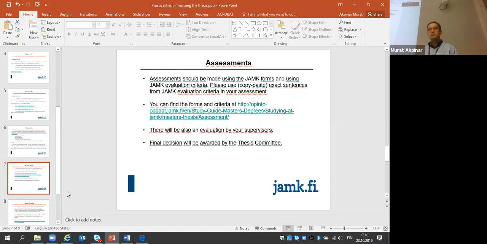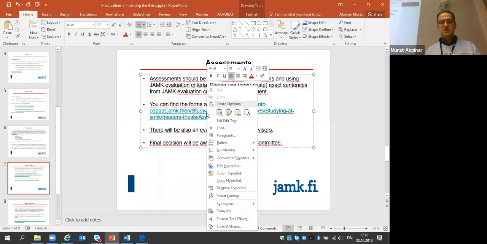Assessments. Now, when you are assessing your own thesis or your peer's thesis, or your company representative is assessing your thesis, use our assessment criteria. So don't assess it with your own words. Unfortunately, we have had some cases where we needed to ask that please do it again, use our assessment criteria and our forms. So if you go to the link that is shared here,